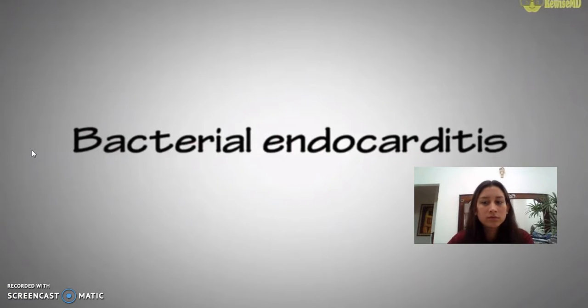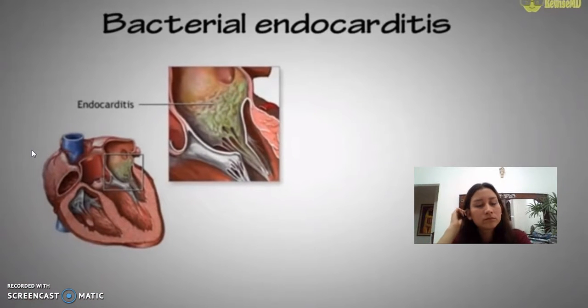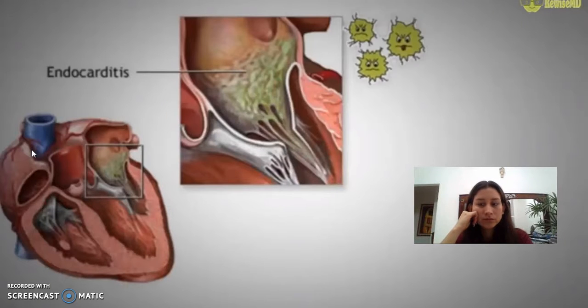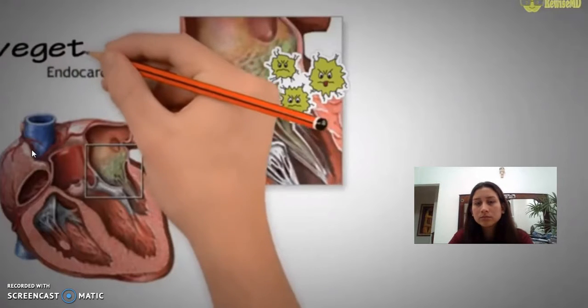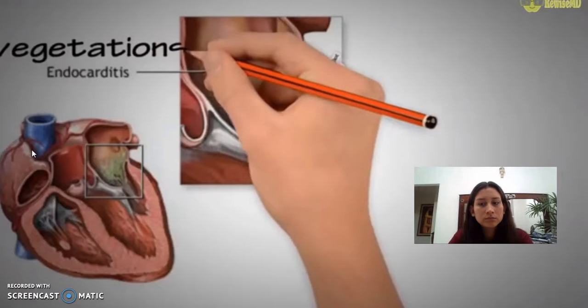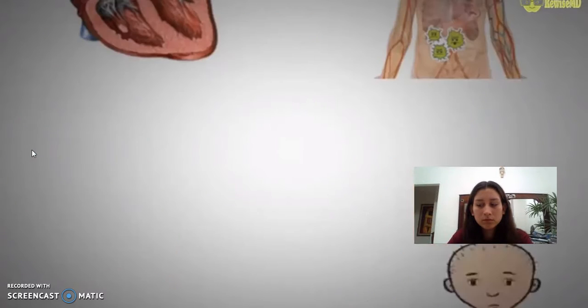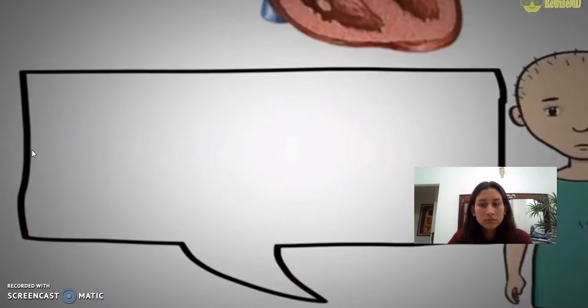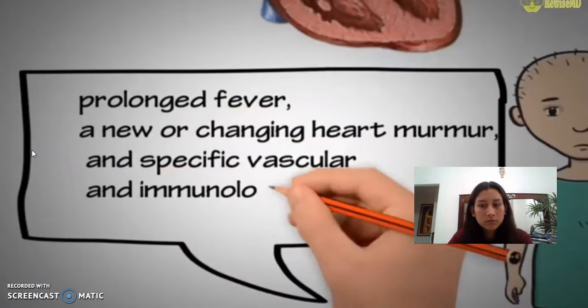Bacterial endocarditis is an infection of the inner surface of the heart or the heart valves due to bacteria in the bloodstream. The bacteria can grow on the edges of a heart defect or surface of an abnormal valve and continue producing large particles called vegetations that can break off and travel to the lungs, brain, kidneys, and skin. Symptoms and signs vary but typically include prolonged fever, a new or changing heart murmur, and specific vascular and